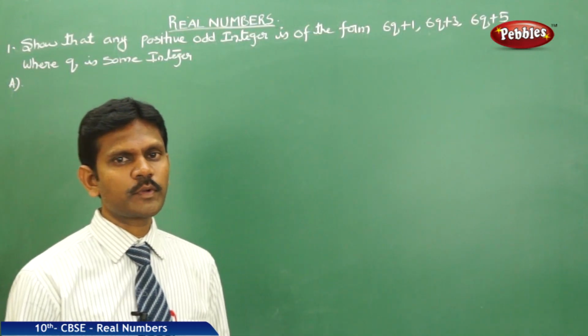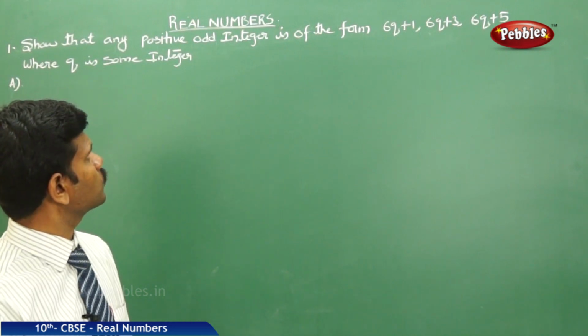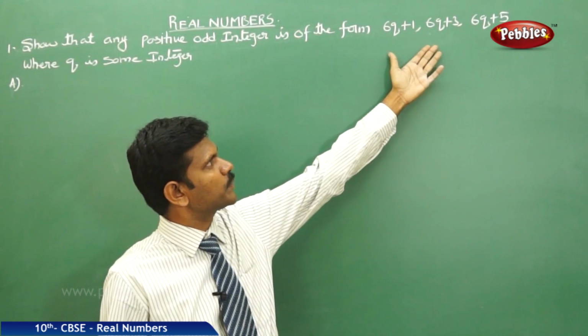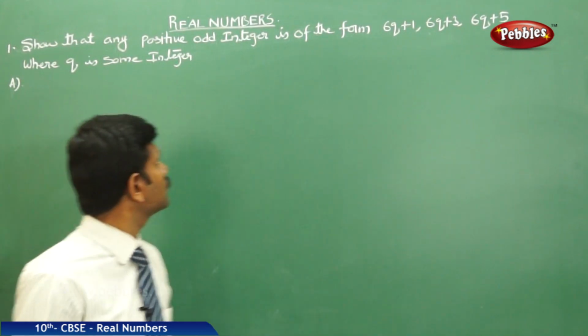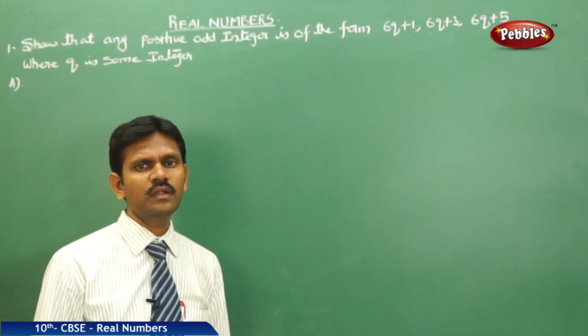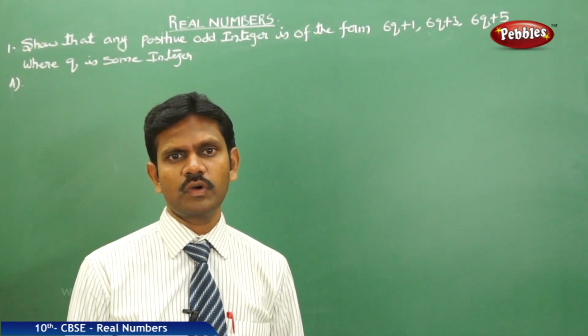Okay, let us see our next problem. Show that any positive odd integer is of the form 6q plus 1, 6q plus 3, 6q plus 5, where q is some integer. We know very well every even integer is of the form 2q and every odd integer